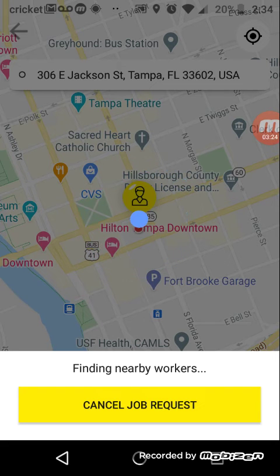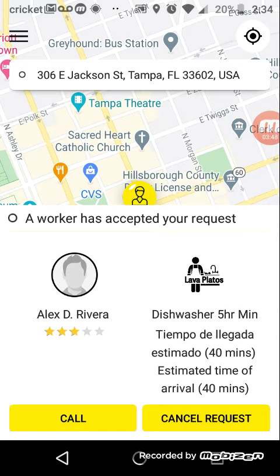It's going to look for workers within the network. Here you see an active worker within the network that is getting the request. The Mexican restaurant is looking for somebody to do the dishes, and we're going to accept the job request. So there's been a request accepted, and there are the details of that acceptance. The worker has accepted the request,